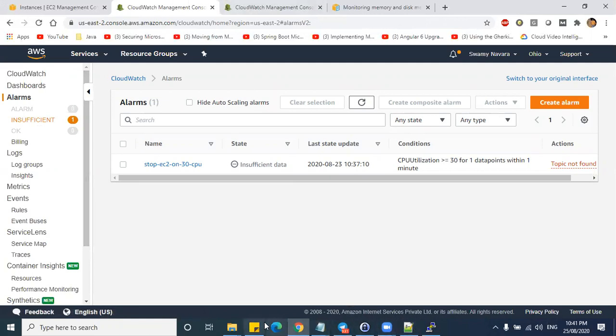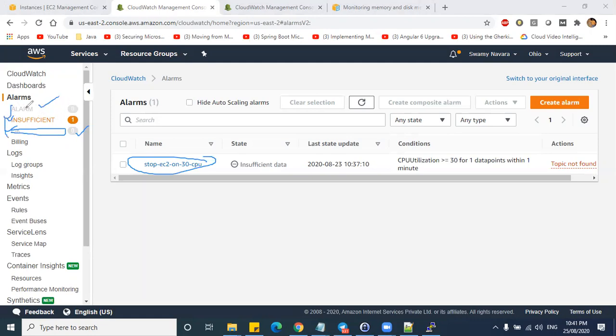One is when you set your alarm and it is in insufficient state, which means your alarm criteria is not met. Whenever it is in OK, it will change into green color, I guess, if I'm not wrong. So it means the alarm is already triggered and it is in OK state. Or when you are setting an alarm, it will be in alarm state.